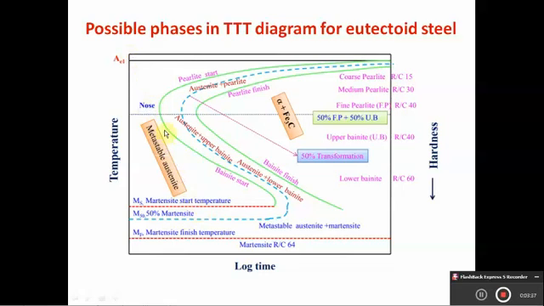Austenite will be in a metastable stage, but once the martensite start temperature is reached, which may be in the range of 200 to 250 degrees Celsius, martensite will start to nucleate, and as cooling proceeds, the martensite will end here. So the austenite to martensite transformation will only begin when the rate of cooling is more than the critical cooling rate. The critical cooling rate is a rate of cooling where we are not going to allow any kind of transformation to occur, or we are going to suppress the transformation.